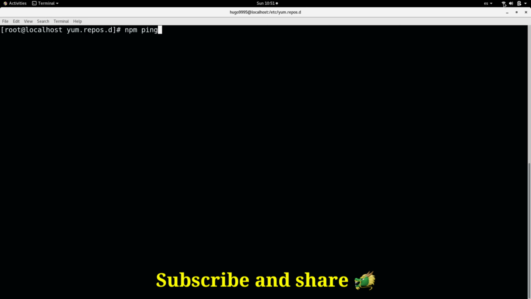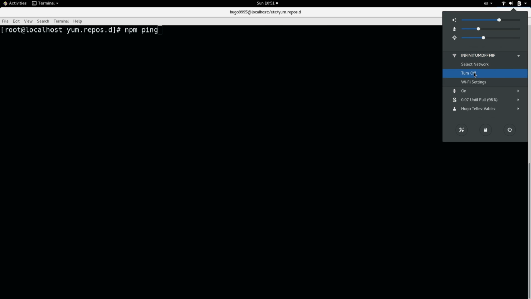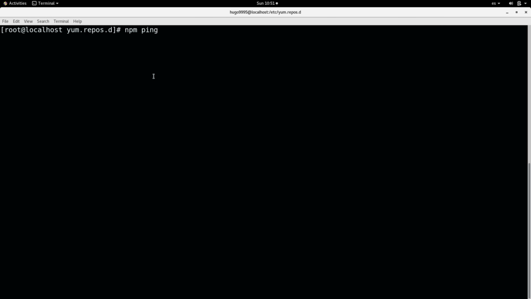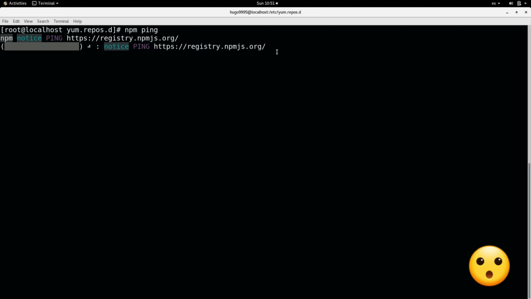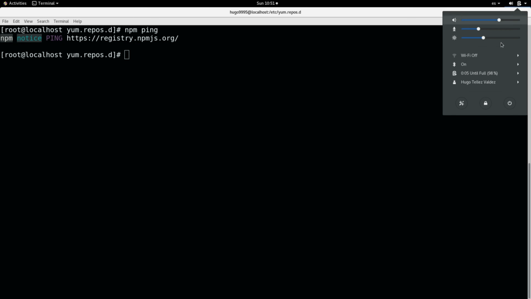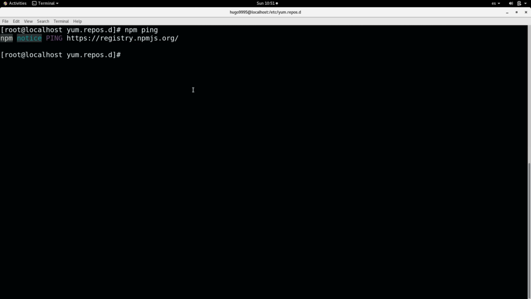So let's say that I don't have internet here. I turn off my internet connection and then I do this npm ping, and as you can see it's trying to reach out the registry.npmjs.org, but it got stuck here and it will not progress until the internet or the network problem is being fixed. So then I'm going to cancel this and I'm going to restore my internet connection, and I will